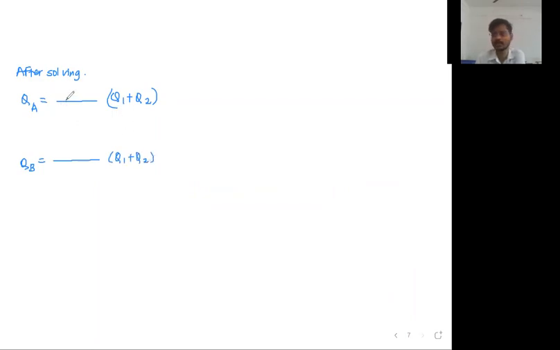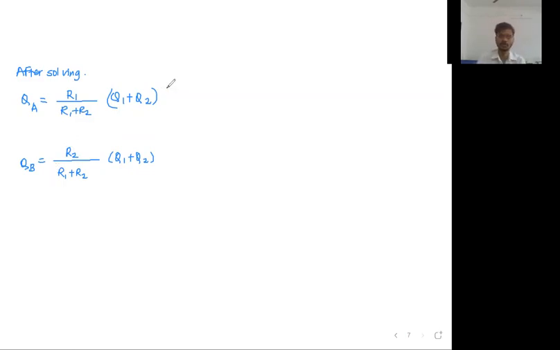The fraction is the fraction of radius. So R1 upon R1 plus R2, and R2 upon R1 plus R2. The one with the larger radius has the larger fraction, the one with the smaller radius has the smaller fraction. Radius more, fraction more; radius less, fraction less. Done. Reply to me in the chat box.